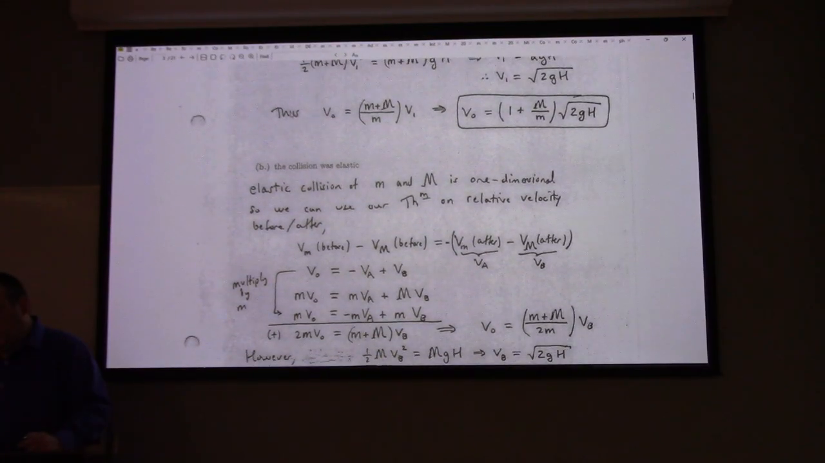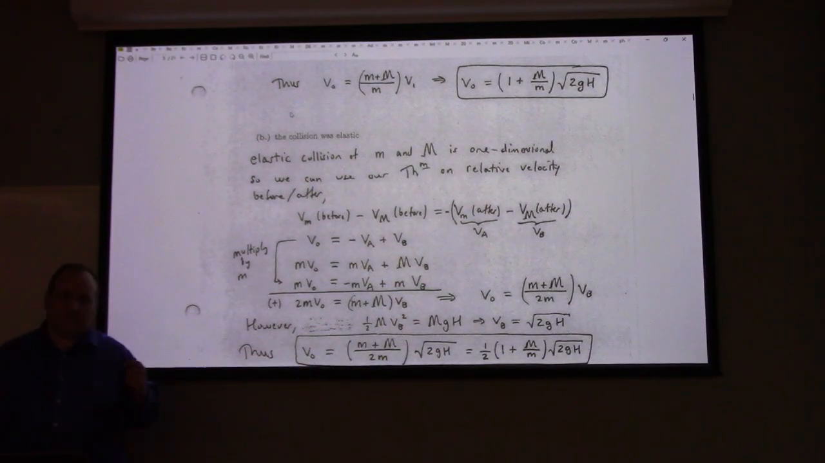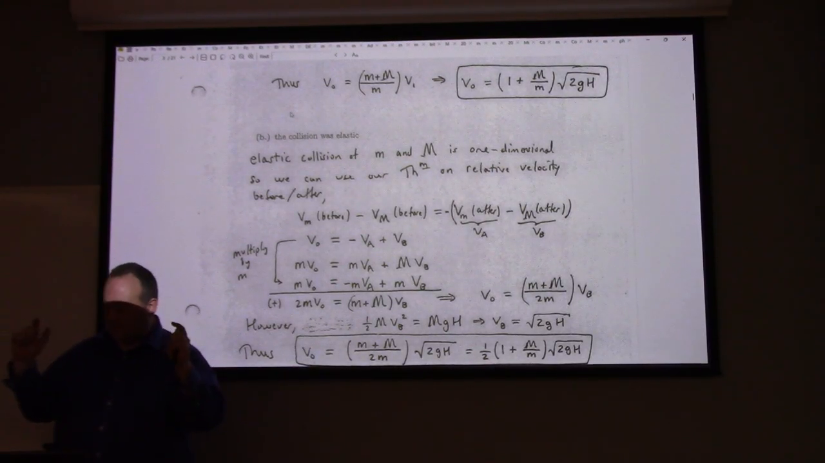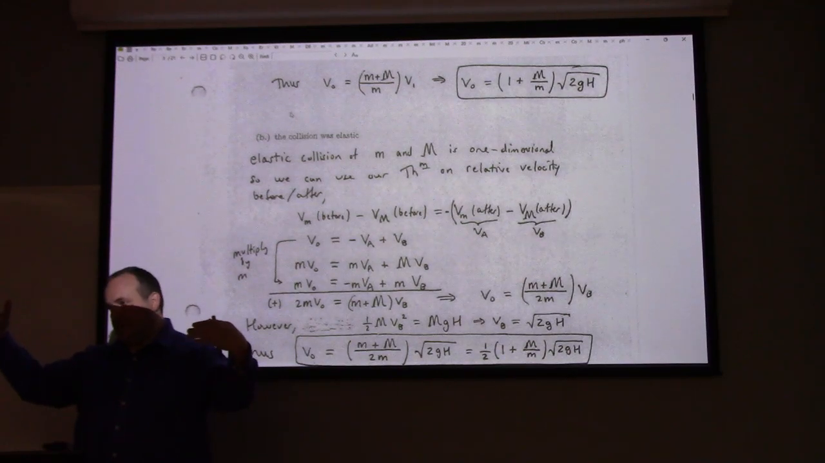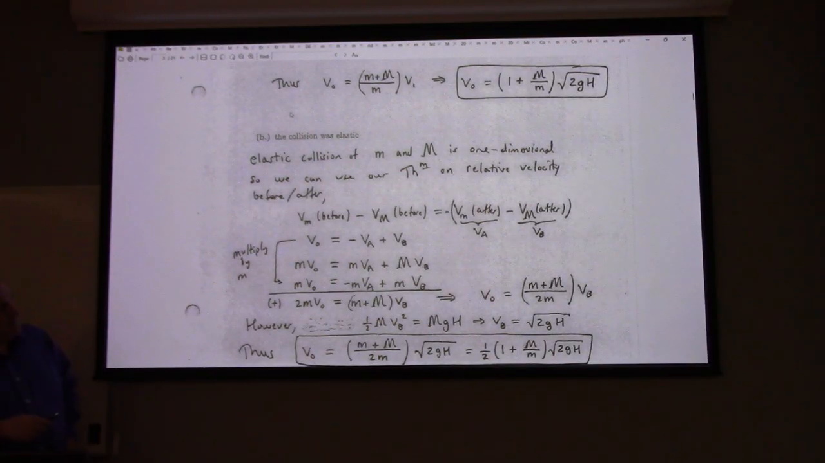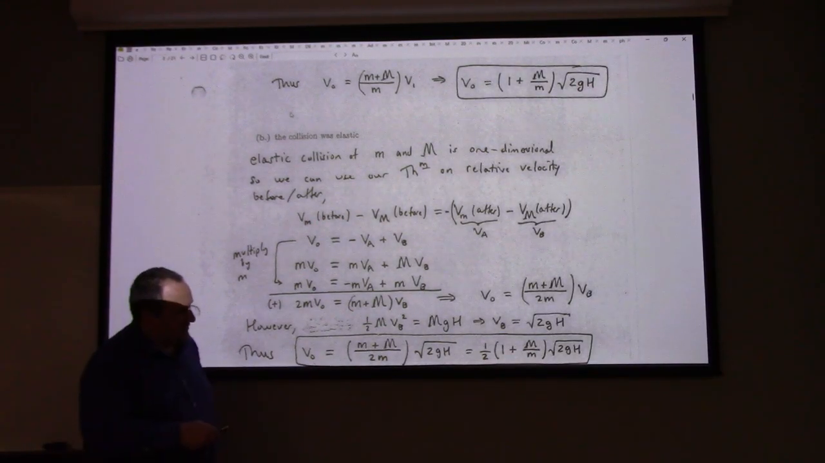Elastic is a little bit trickier, because if it's an elastic collision, then at the moment of collision we have to have an elastic collision, right? Since it's essentially one-dimensional, the collision of the bob and the bullet, we can use this theorem that in one dimension, in an elastic collision, the relative velocity before and after is minus each other. That gives me this equation, but also momentum is conserved, and so I've got two linear equations and two unknowns, and so I can work it out, and I can find that the initial velocity is related to the